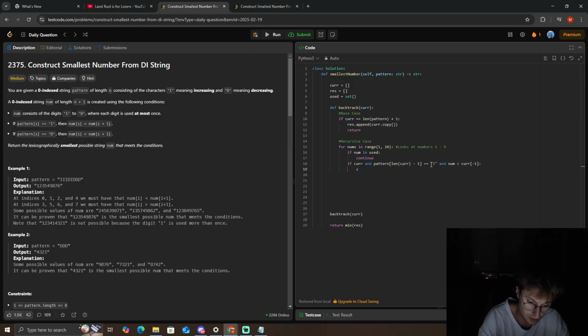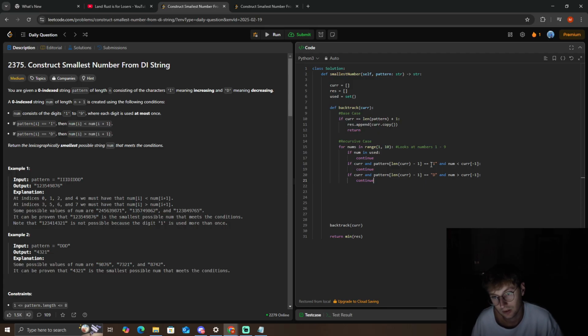If so, we continue, right? Then we want to do the same for D, and num is greater than. Sorry, it's greater than. I think that's the only thing we need to switch here, right? So then we continue, right? Because if cur and pattern cur - 1 is equal to I, and num is